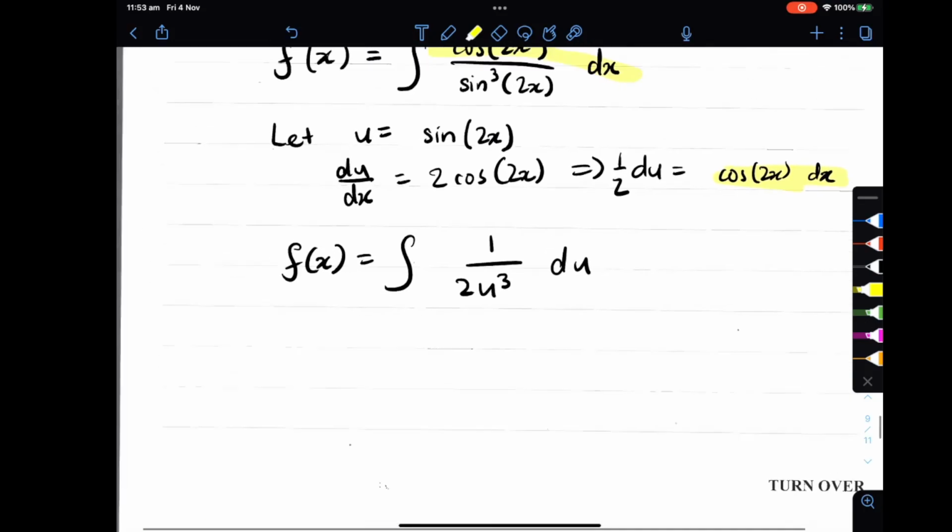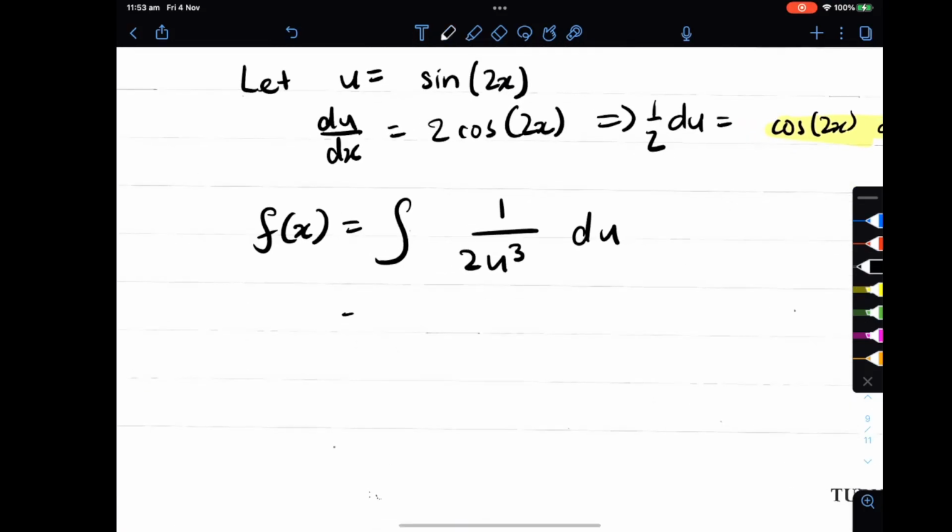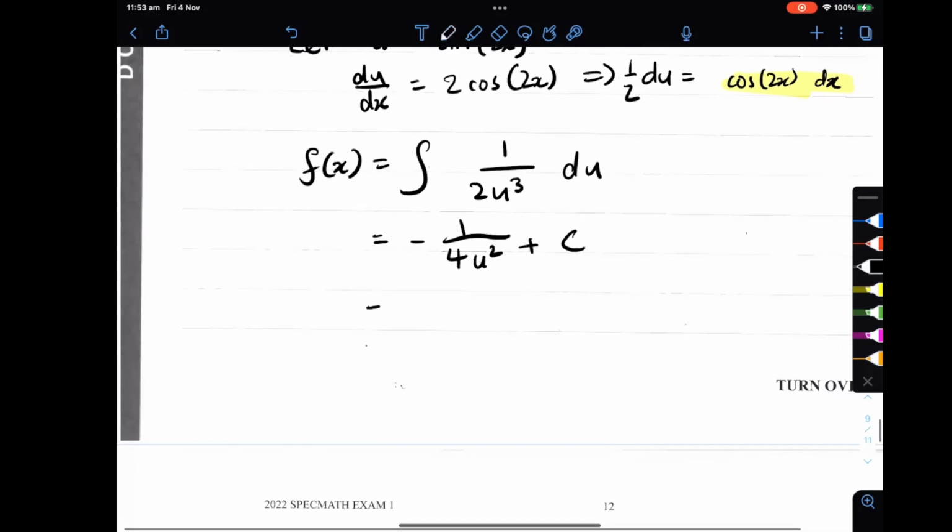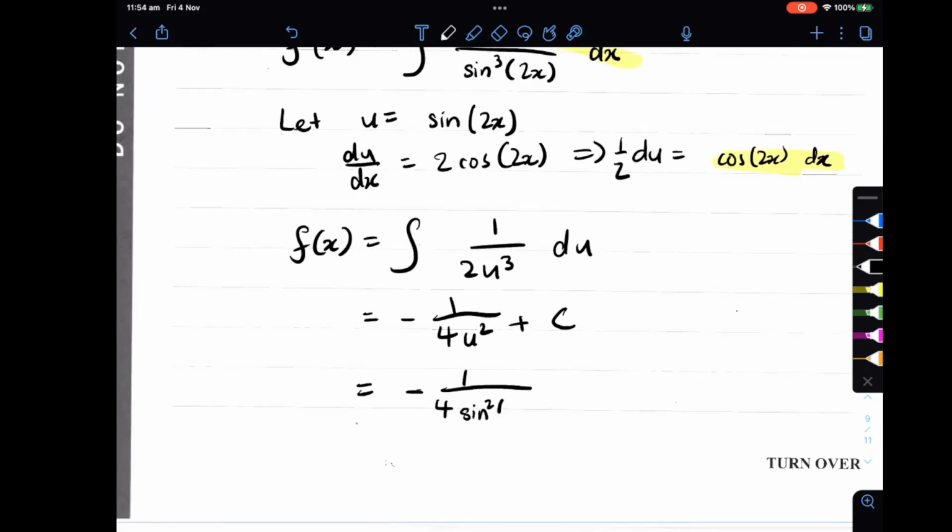Okay, so if we integrate this, it is very simple. We get negative a quarter u squared plus c. I'll check that again. If we differentiate this, we get the power reducing and the negative 2 comes out the front, which makes a half. Yeah, that's fine. And we replace u with our condition, which was sine 2x, or sine squared 2x